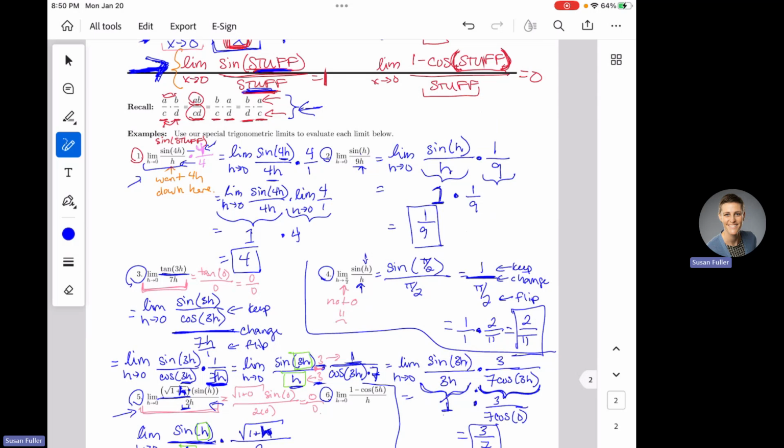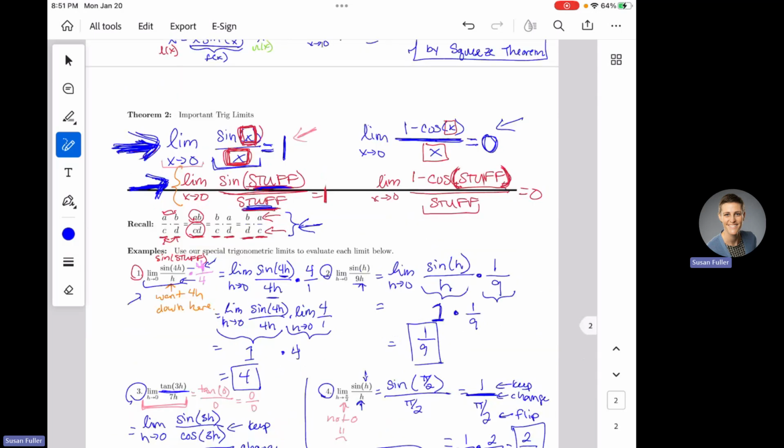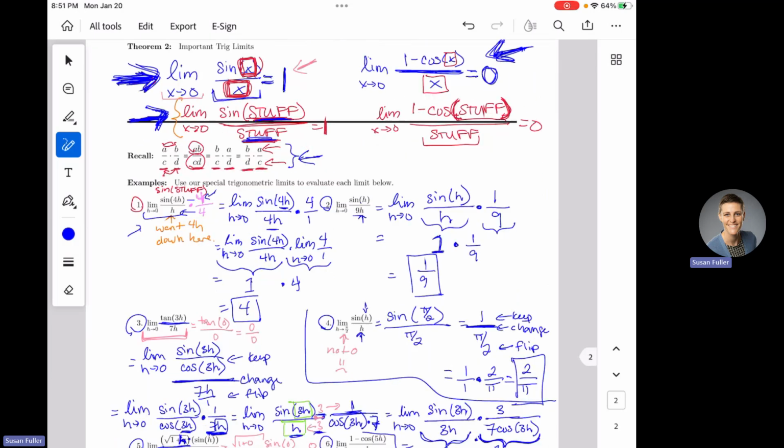And again, algebra is going to fail us. You could use a conjugate here, but no magic is going to happen from that conjugate. You're welcome to try, but the conjugate's not going to be magical for us here. It's going to kind of let us down. And I don't have any good trig identities that are going to bail me out. So we're going to look up here. I know that we've kind of been focusing on the sine one, but take a look at the other gift that we have over here. And what we have looks a lot like that.